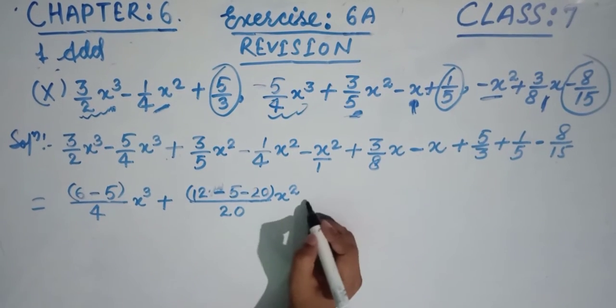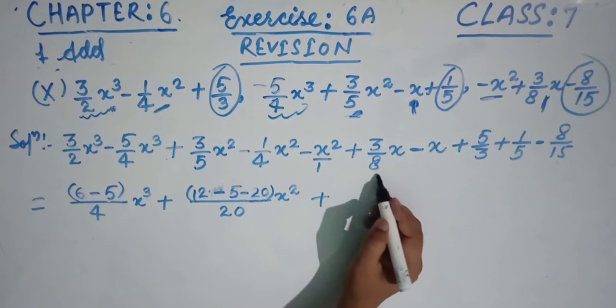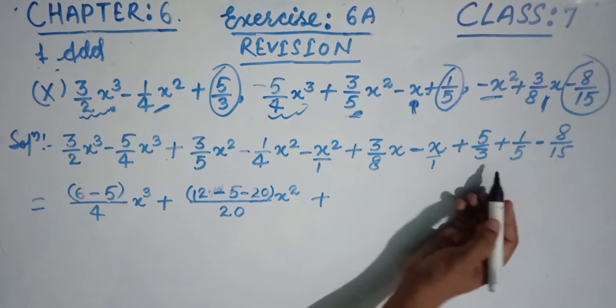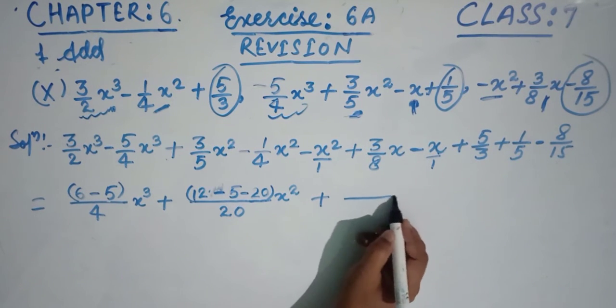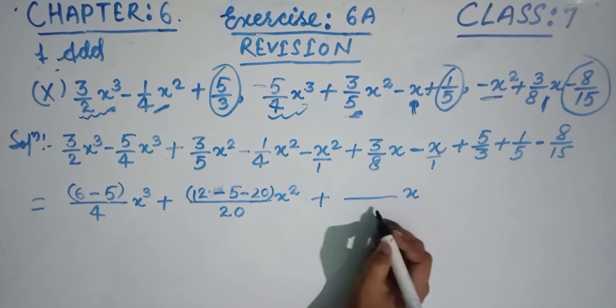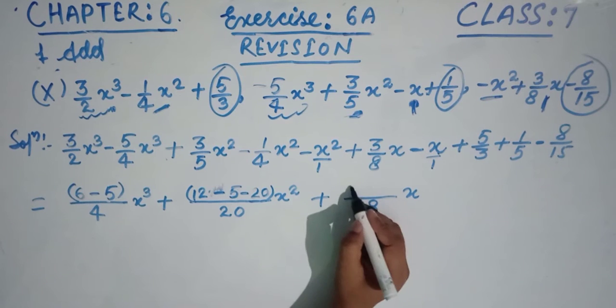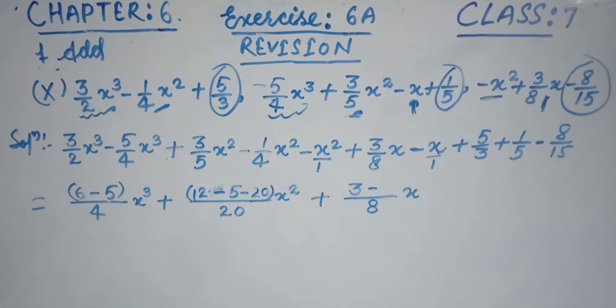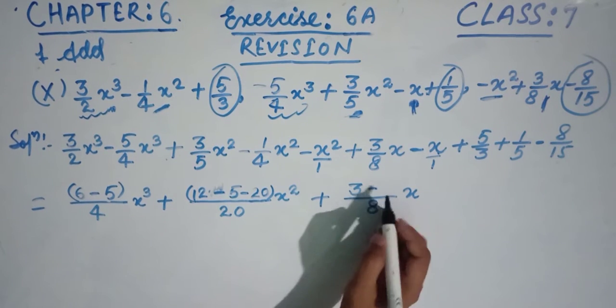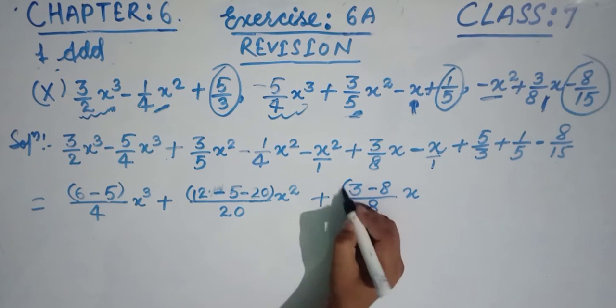Now here the x comes to this point. This is 8 in the denominator, 1 in the denominator. Okay, only two terms in x. So here write x outside. Now write x: divided by 8, 8 divided by 8 is 1, 1 multiplied by 3 is 3. So this is minus, minus. So this 8 is divided by 1, 8, 8 multiplied by this, which is only 1. Okay, x.